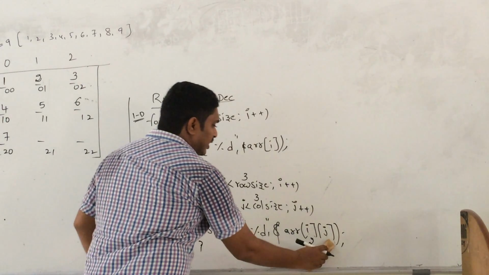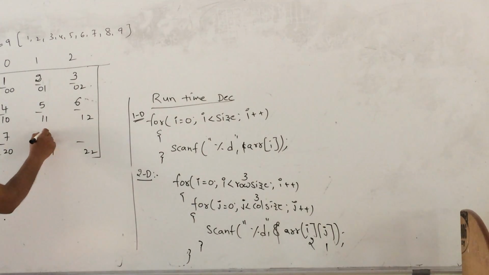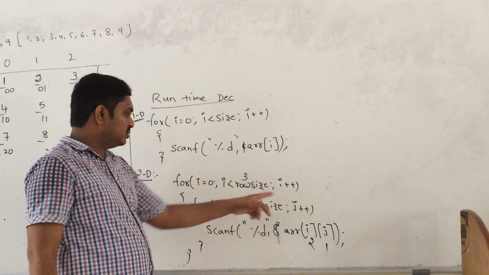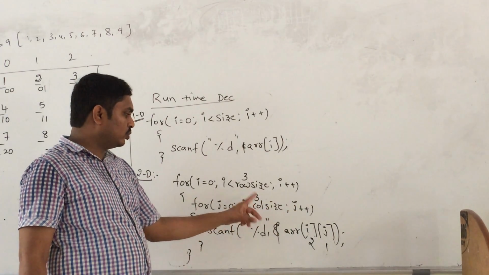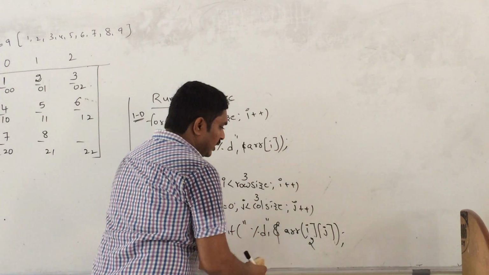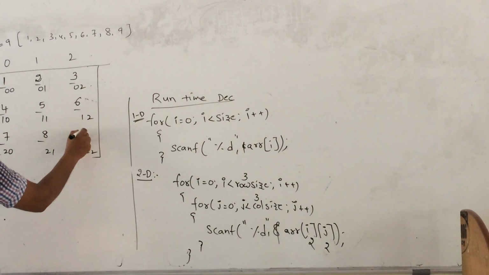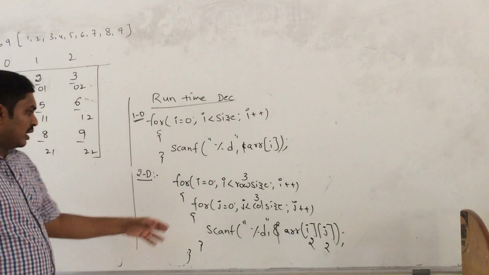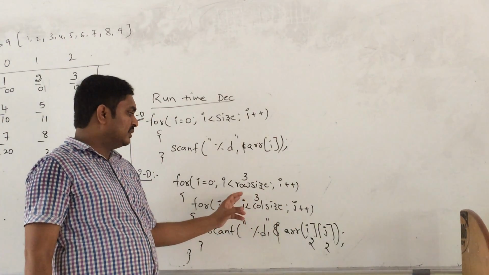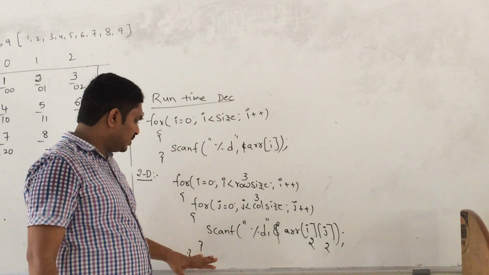Here the element is stored at the 2 1 position. So the 2 1 position is here. The element is stored. So after the end of the loop, the j will be incremented. It will be 2. 2 less than 3. And the condition is true. Here i value 2 and j value also 2. The element is stored at the 2 2 position. That means here the 9 is stored. After the end of the loop, the j will be incremented. That is 3. 3 less than 3. The condition false. So condition false means this for loop is terminated.